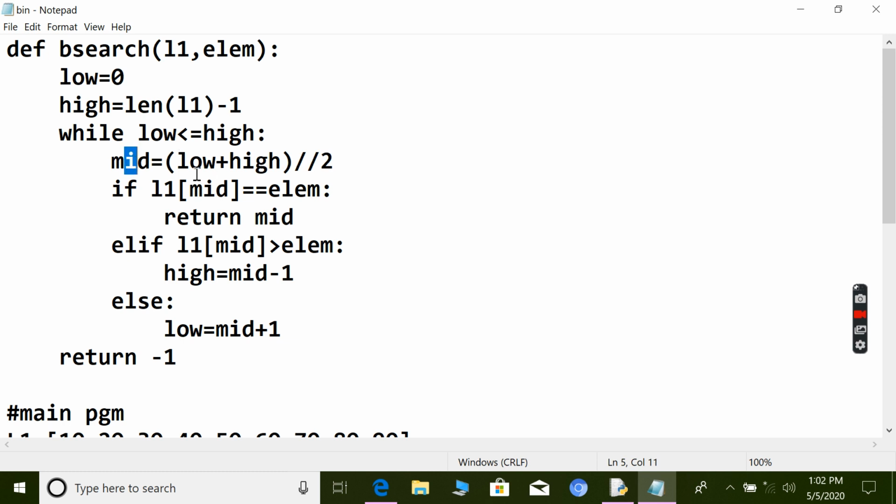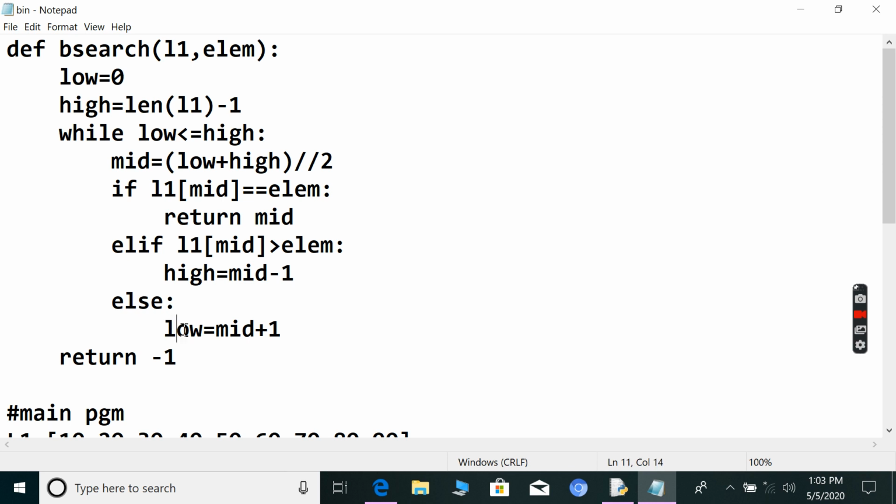If the mid element of this list is equivalent to the element, then you are just going to return the mid position. If it is not, you are going to check another condition. If the mid element is greater than the element, then you set high equal to mid minus 1, so that the searching goes to the left part of the list.